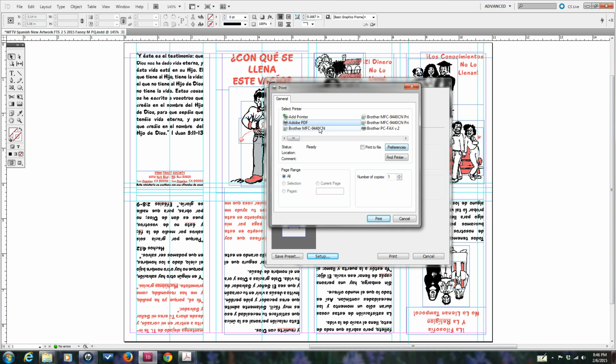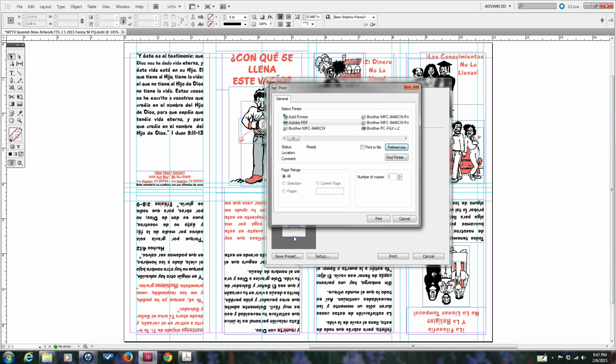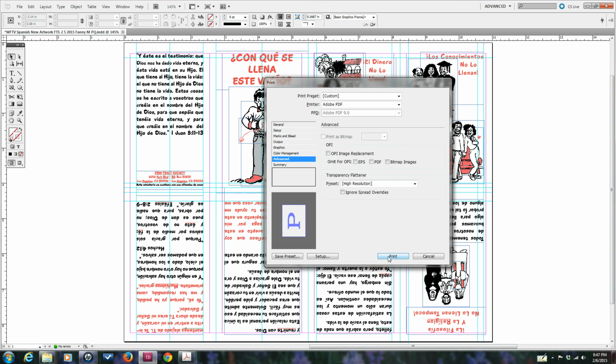So now we go Adobe PDF here as our printer, and we're going to go Preferences, and we selected from the list here the highest one, which is Press Quality. We've unchecked the box Rely on System Fonts Only because we want the fonts to go with the document. So we've done everything we know to make this thing right, and then we go OK, and then we go Print, and then it prints again,